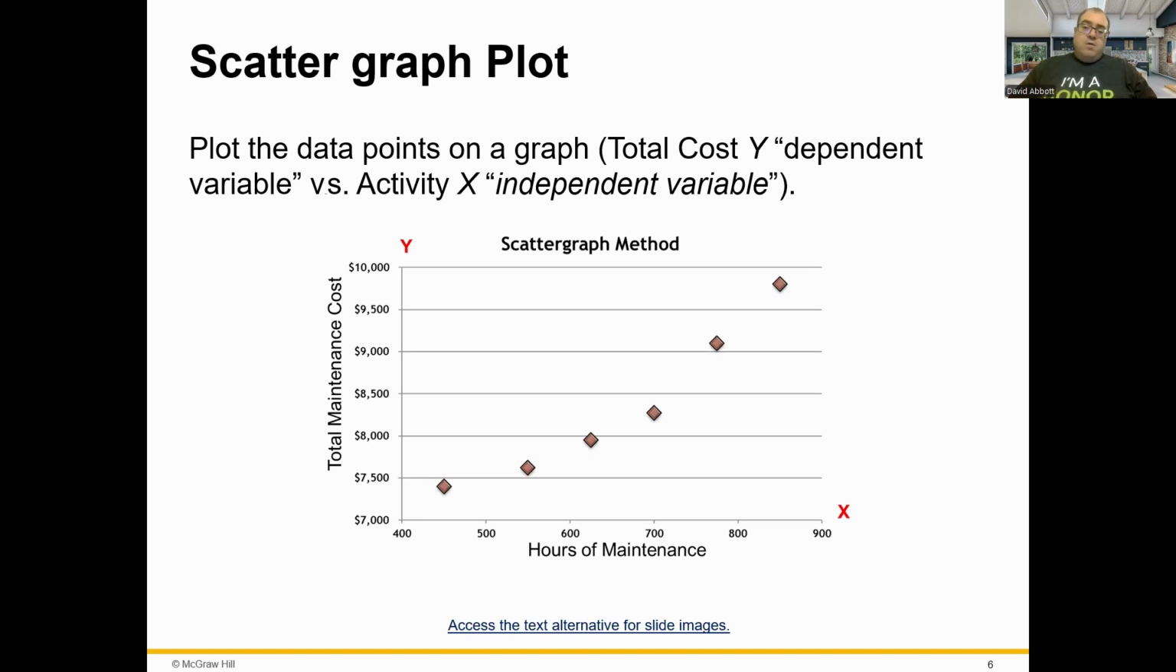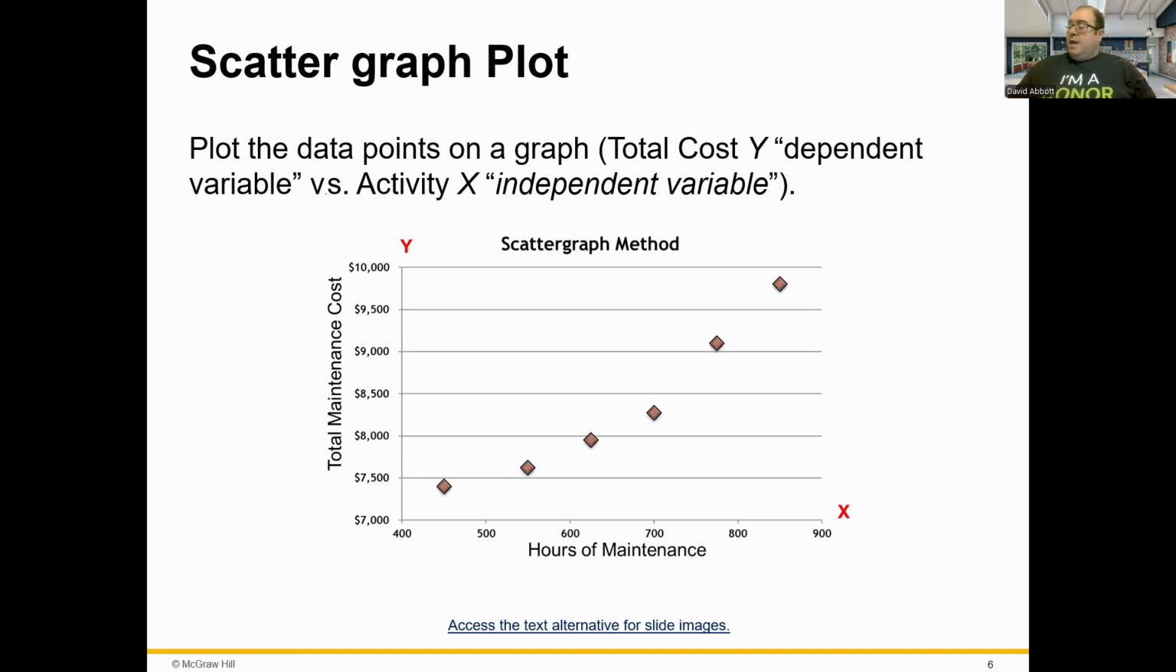We can say the number of hours and then what the total maintenance cost was. And we see that the total maintenance cost, which is Y, is plotted on the vertical Y-axis. Cost is known as a dependent variable because the amount of cost incurred during a period depends on the level of activity for the period. The activity, or X, which in this case is the number of hours of maintenance, is plotted on the horizontal axis. Activity for this would be known as an independent variable because it is what causes the variation in the